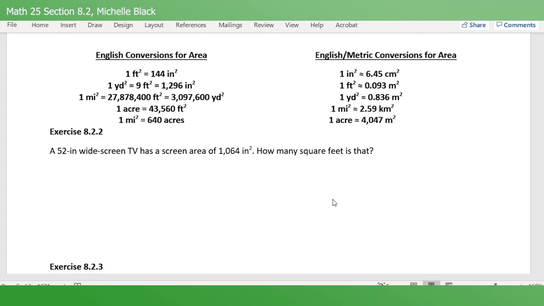Let's look at problem 2. We have a 52-inch widescreen TV that has a screen area of 1,064 square inches. How many square feet is this? Okay, so take what you were given